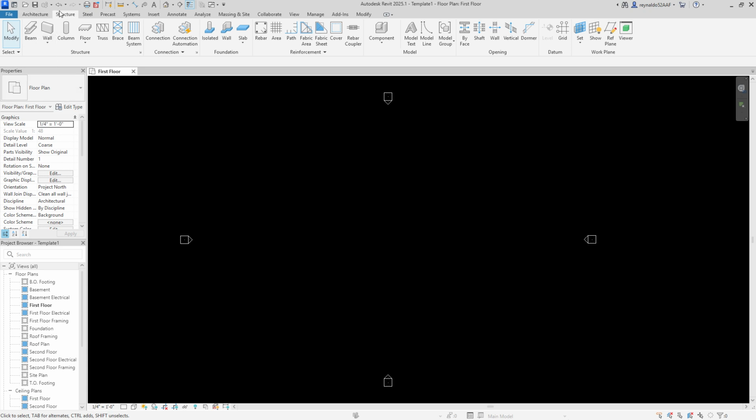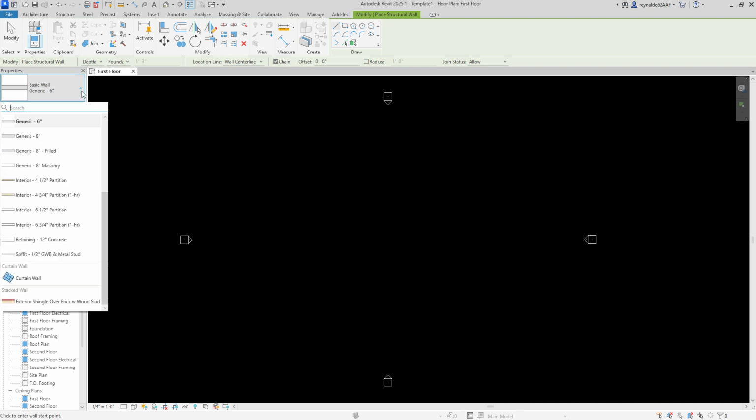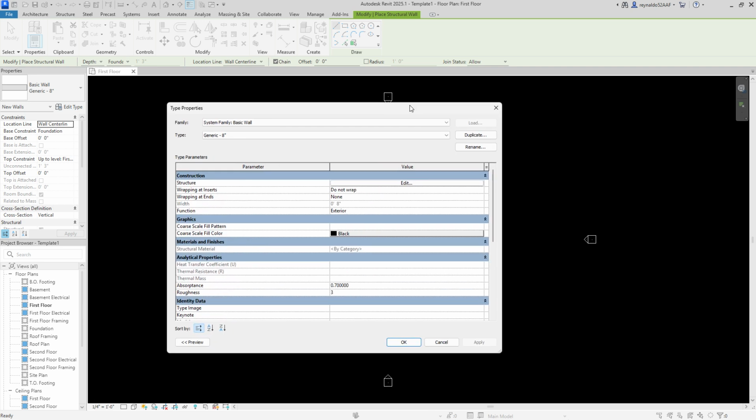I'm going to go to my structural tab, select structural walls, and then I will choose any random walls that come with Revit. It doesn't matter if I use the generic 6 inches or the generic 8 inches because I'm going to modify it. I'll choose the 8 inches. I'm going to go edit. And you always want to duplicate when you want to make a modification to the existing system walls. So I'm going to duplicate it, and I'm going to call this a 2 feet